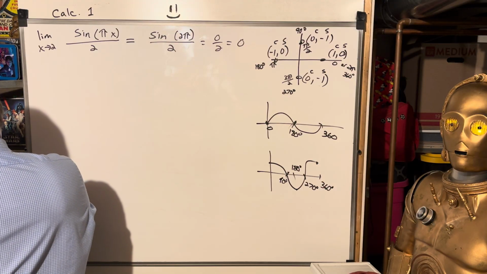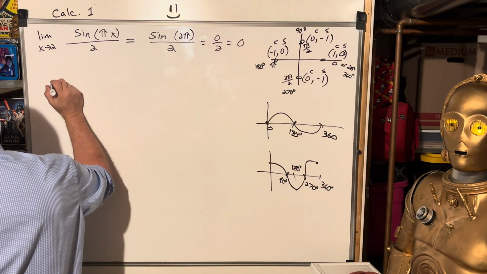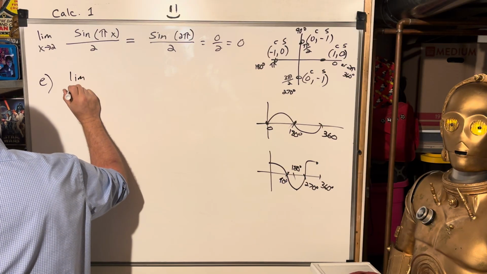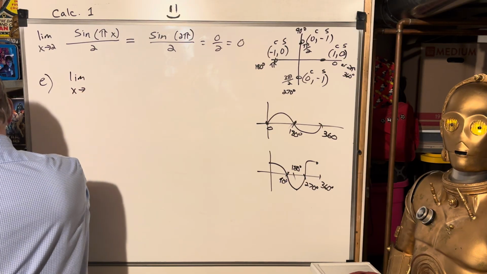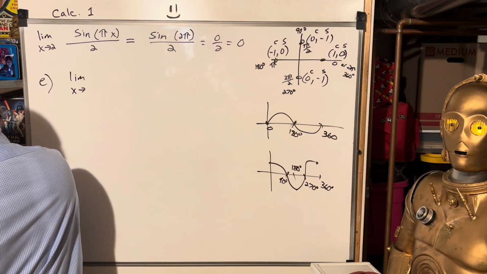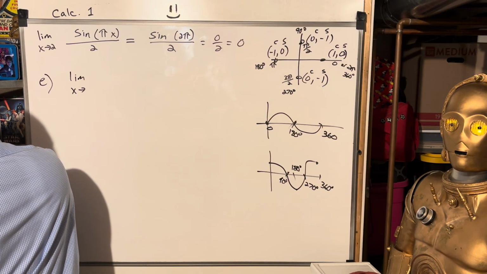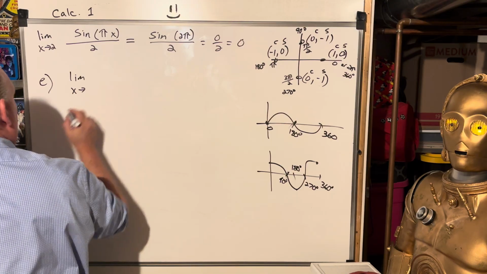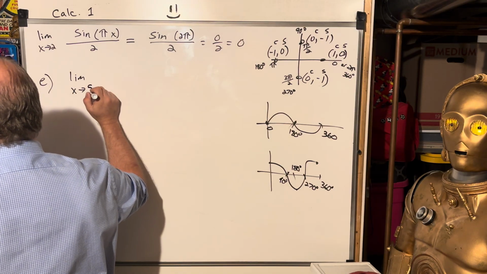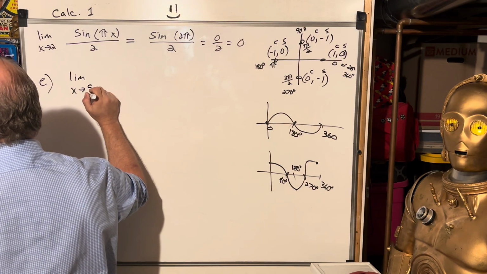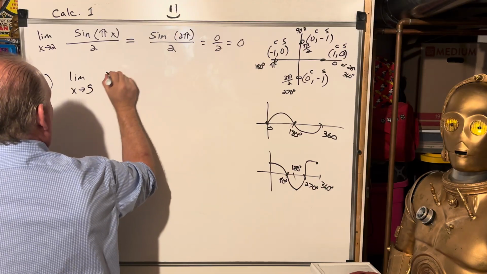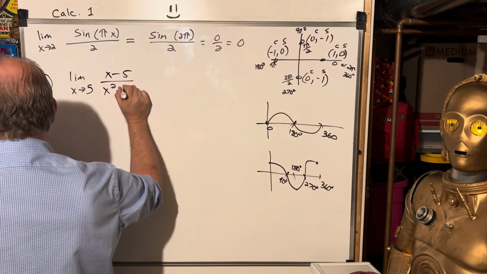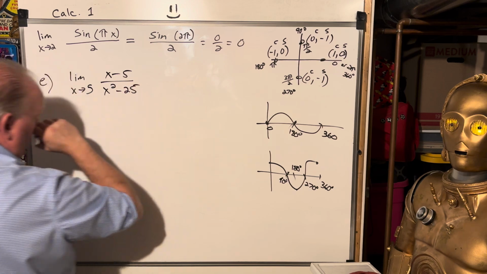Let's look at E. E is just a simple factoring one. So the limit as x approaches 5. They might have 5 from the right-hand side, which is not going to matter here because it's a defined limit. So